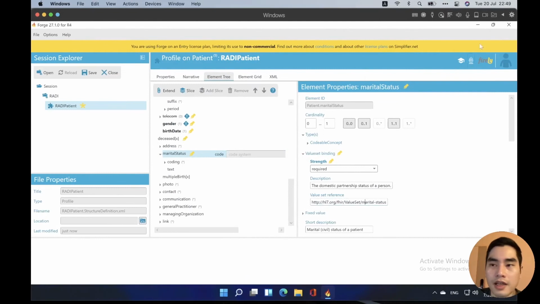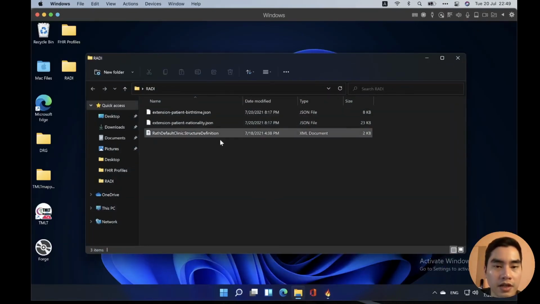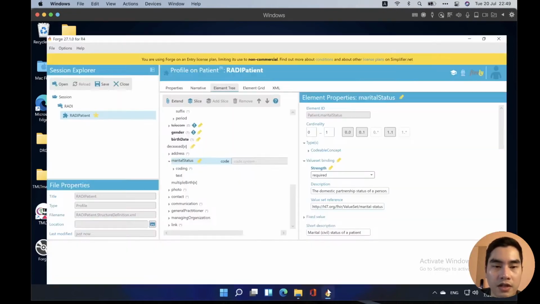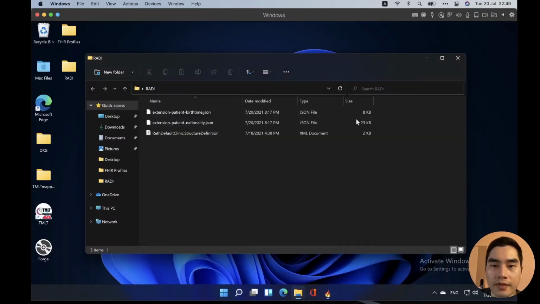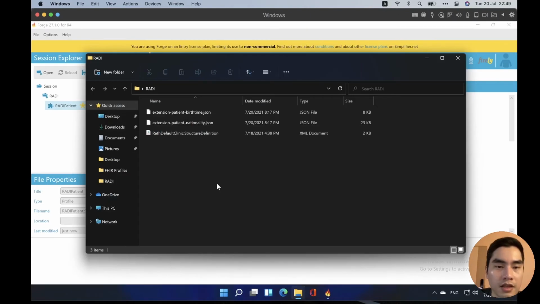I already downloaded it into the folder here. If you just download it and put it in the folder, maybe you have to close and reload. Yeah, probably. And the folder already has the extension we created from the last session.